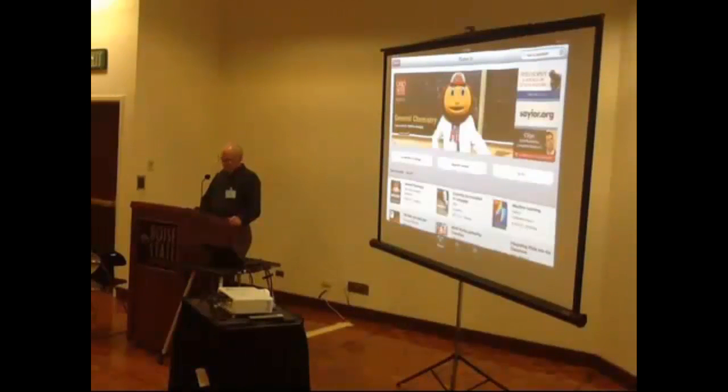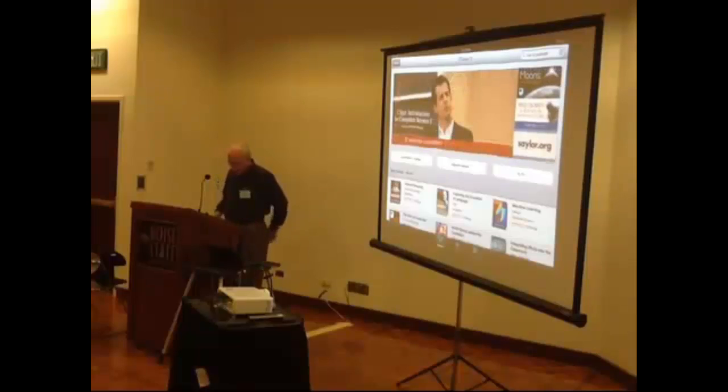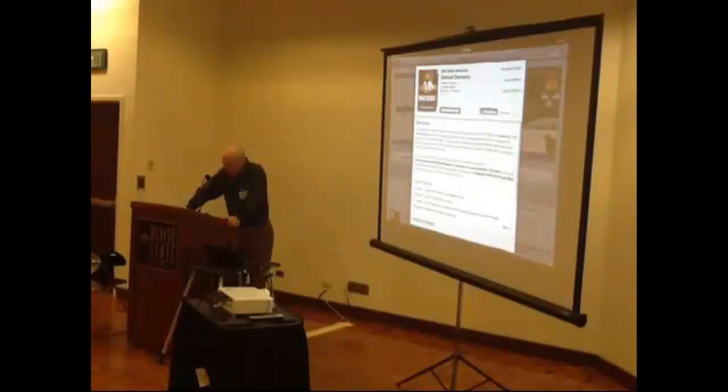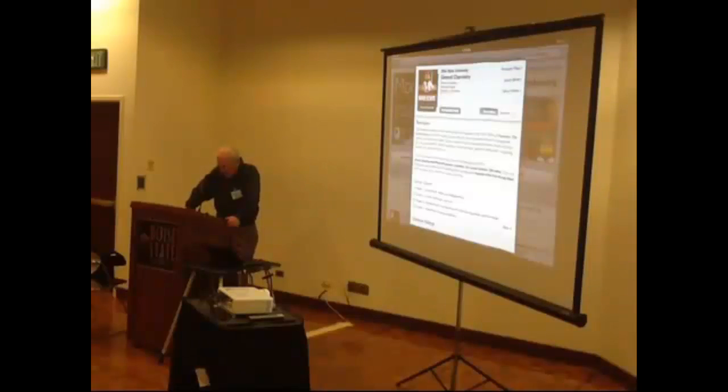And now, oh, I'm glad he came up. He came up earlier today. General chemistry, that ought to appeal to my granddaughter until she goes in there and looks at what the content is. Let's see what that content is. I click on that. It says, this general chemistry course covers the first 9 chapters of this edition of Chemistry: The Central Science. I think that things like Introduction to Matter and Measurement, Atoms, Molecules, and Ions is a little above my granddaughter's age. But she would have stumbled on this and thought that was pretty cool.